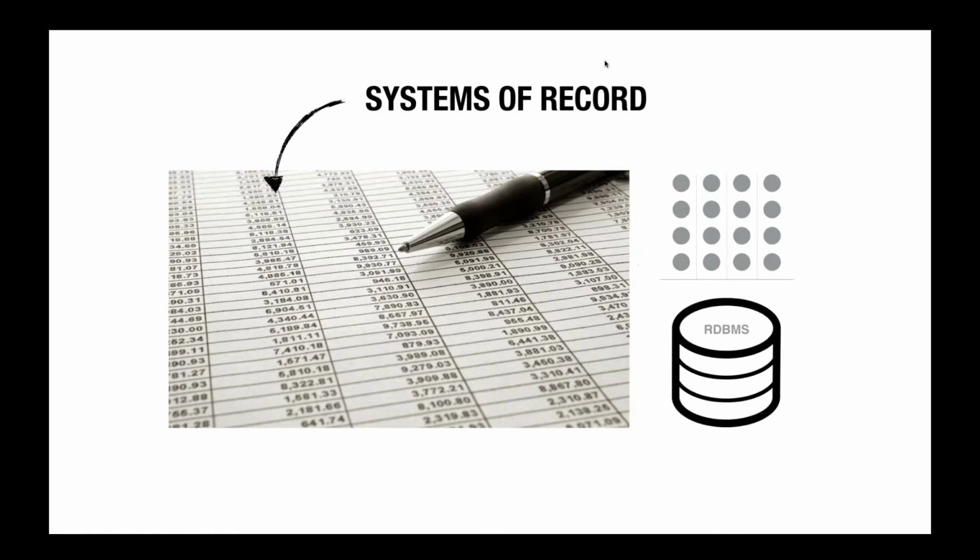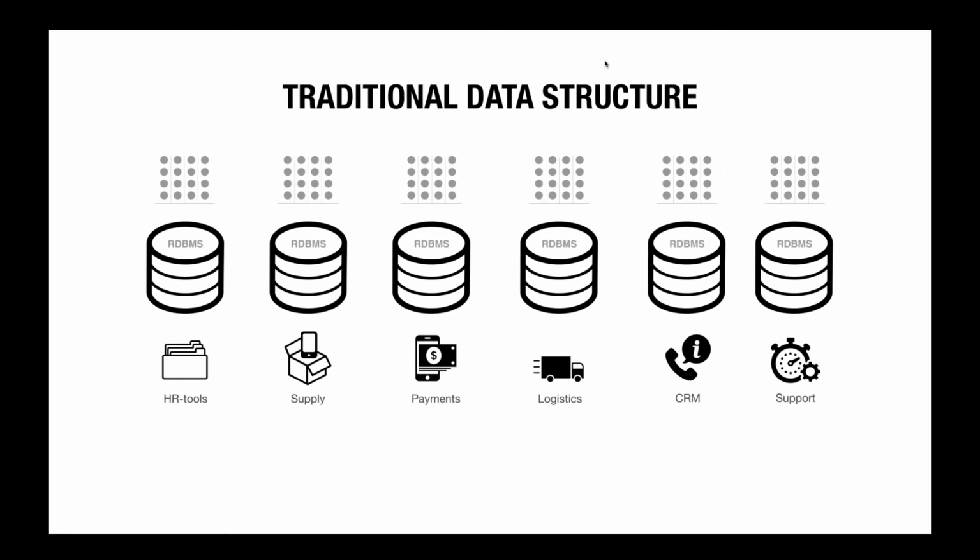We cram all of these into a table and use a relational database to store that data. So systems of record is sort of the traditional approach towards data. And we use the same approach across all functions in our organization, from HR tooling to supply chain, logistics, customer support,